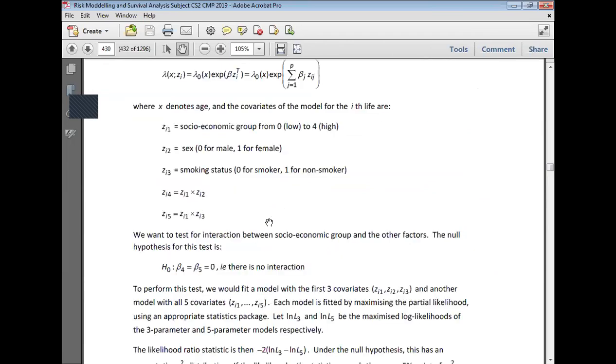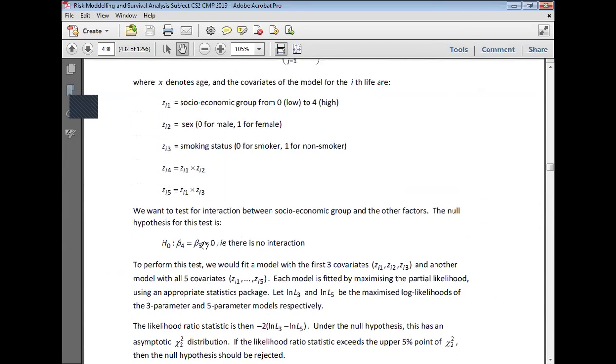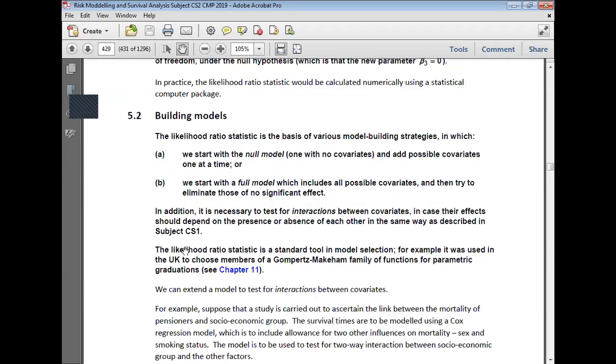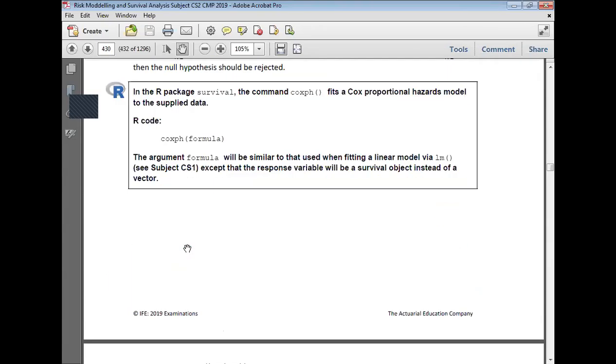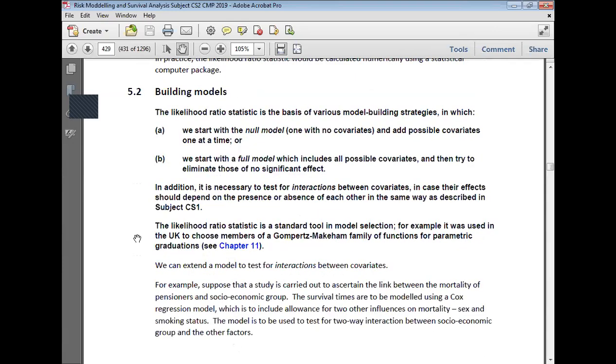So this is how you will try to figure out whether you should include some covariates or not. If you fail to reject H0, then you know that these covariates do not matter at all. So the next thing that we'll try to do is, once we know how to determine whether a particular covariate is significant or not, the last thing that a modeler has to do is